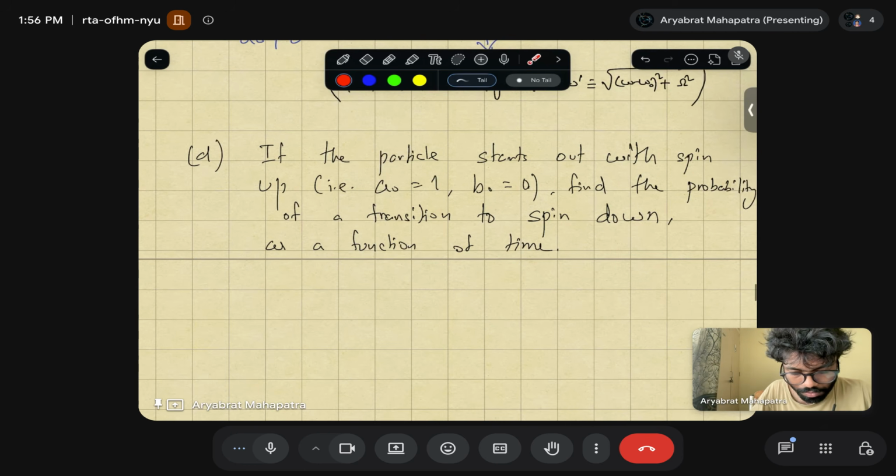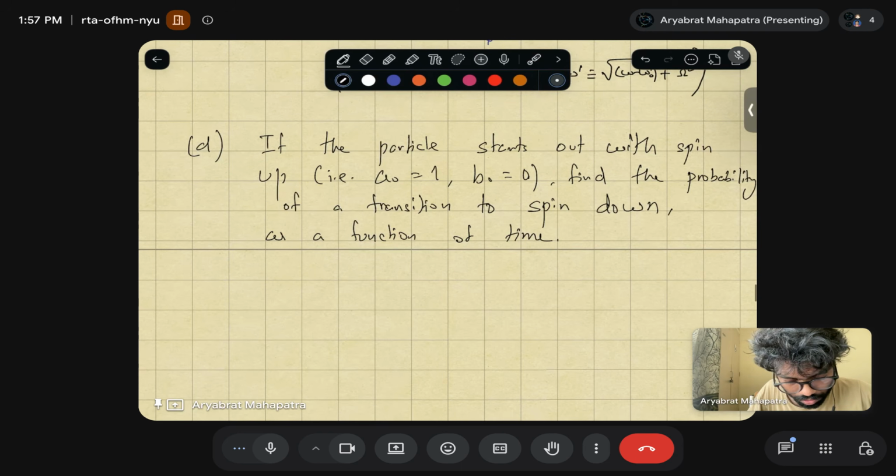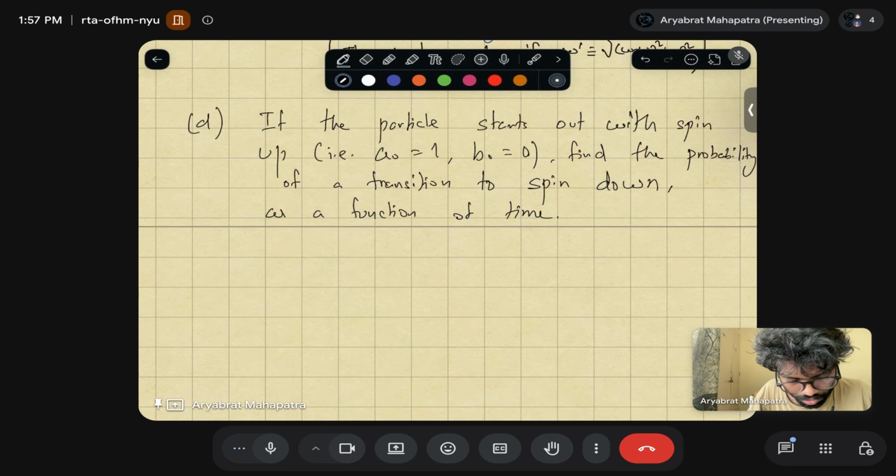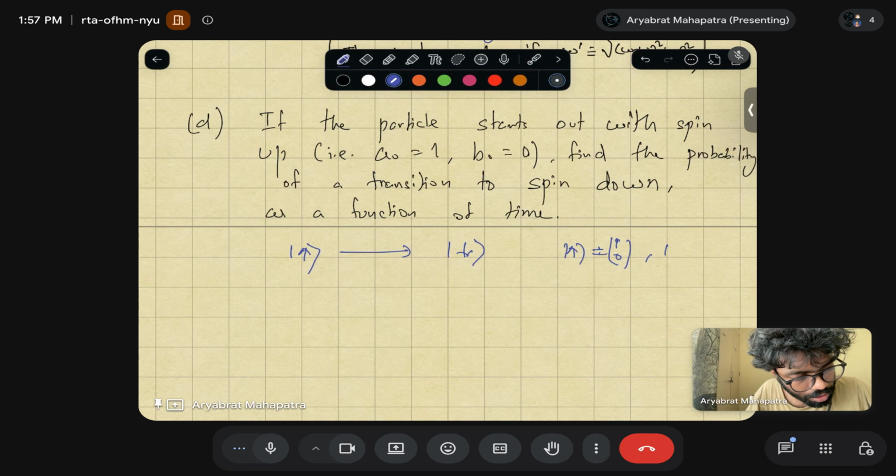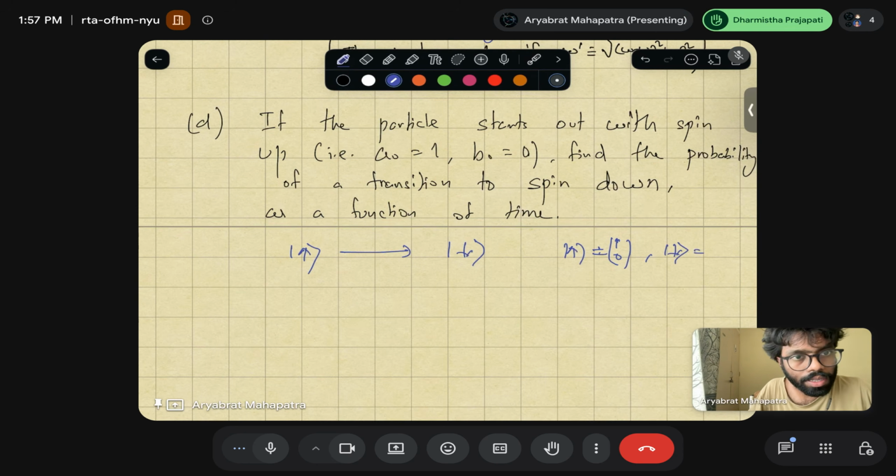So what it is asking here is the following. It is telling that if it starts as spin up and then finally it goes to spin down. So here spin up denotes the 1 0 state, and spin down is your